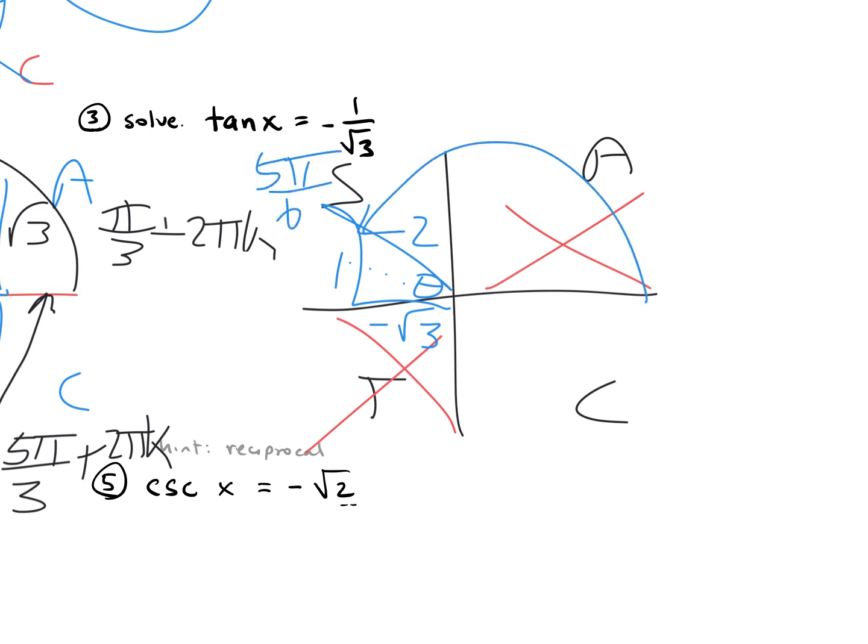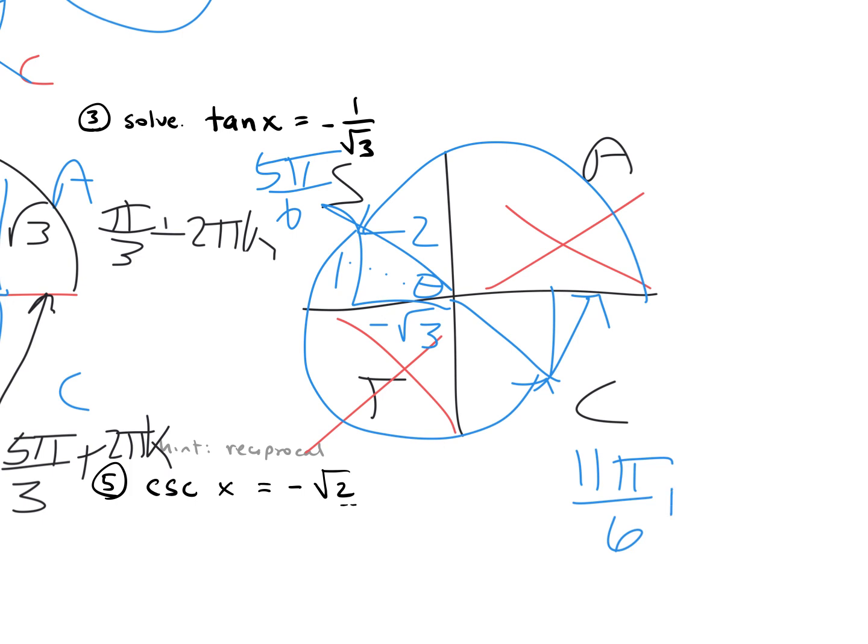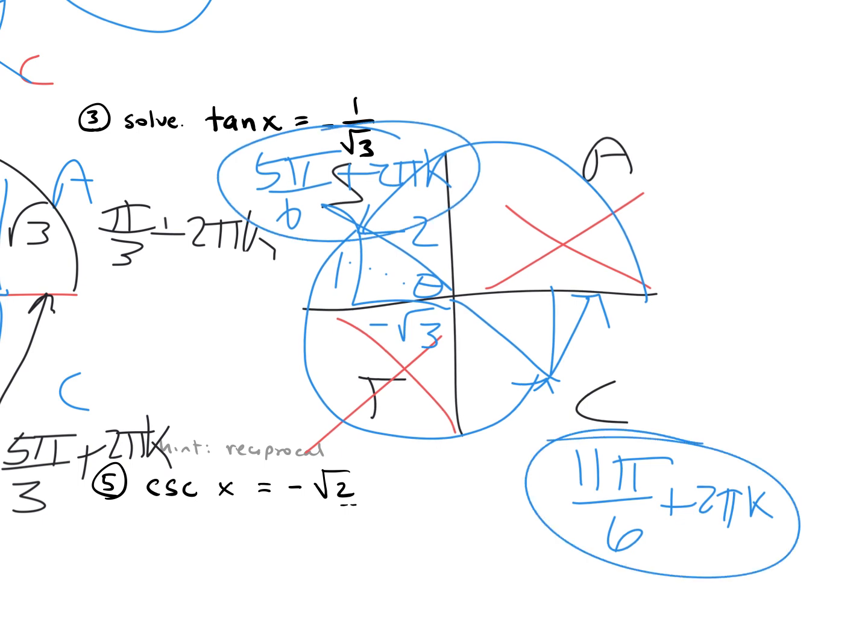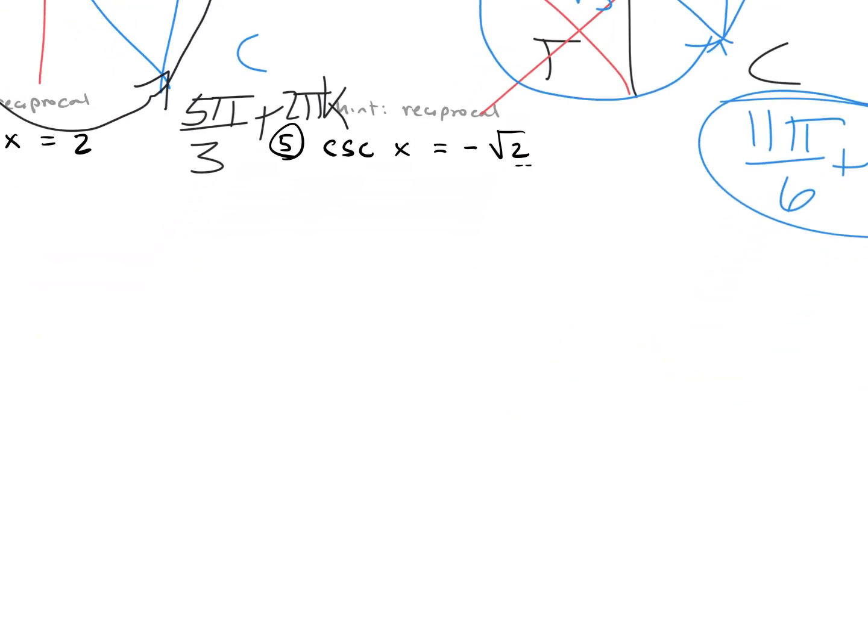And then you keep going all the way to where there'd be another triangle here. And I like to go all the way and say that'd be 12 pi over 6. So then this is one less than that, 11 pi over 6. And then, once again, plus 2 pi k, because we don't have the direction to keep it to just 2 answers, or just less than 2 pi. So there we go. Can you please verify? I sometimes make mistakes, but is that what you got too? Okay, good. All right, and then this next kind